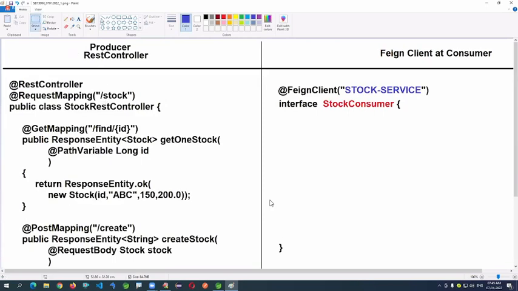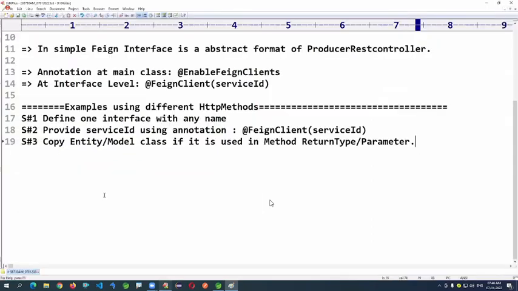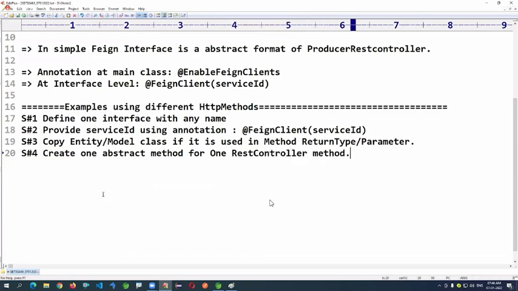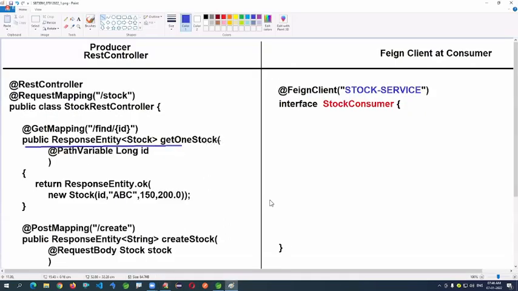Next, here we have a method that is a concrete method declared in abstract format. Look, the same I'm writing here. You can copy and paste what I'm writing.